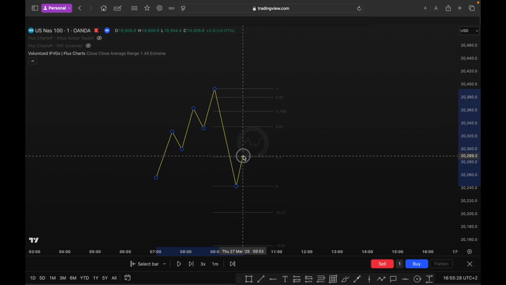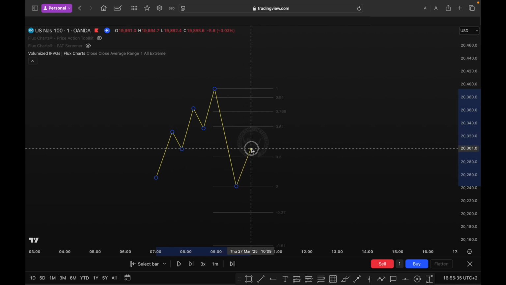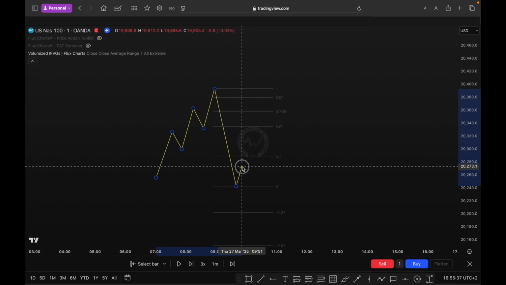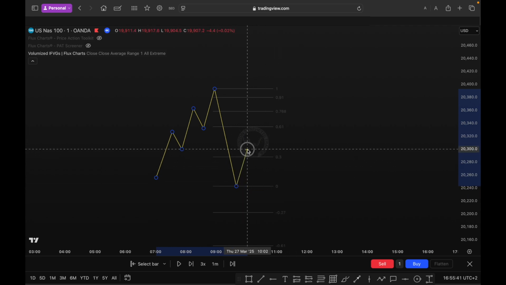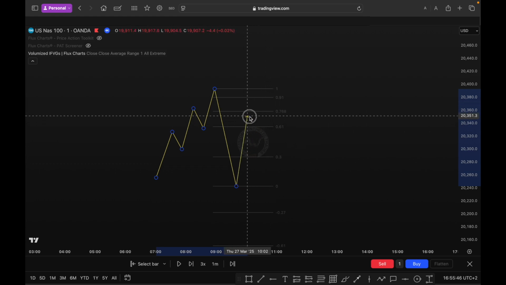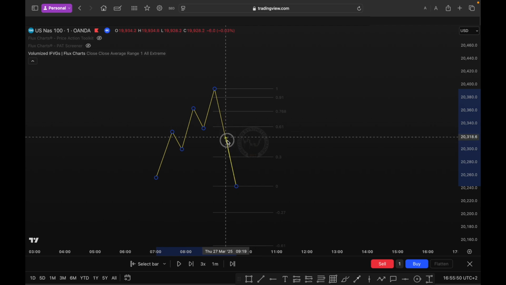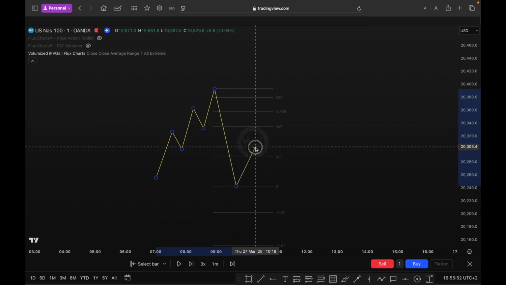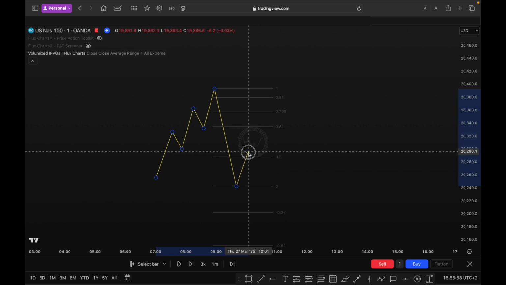Now there's a few levels we can retrace to, like as mentioned before. Your 0.3 is a nice level where price can retrace and reverse if the trend is nice and strong. So price won't always pull back into our preferred zone right over here. So you'll notice sometimes price will just come to the 0.3 when the trend is nice and strong, and then price will continue